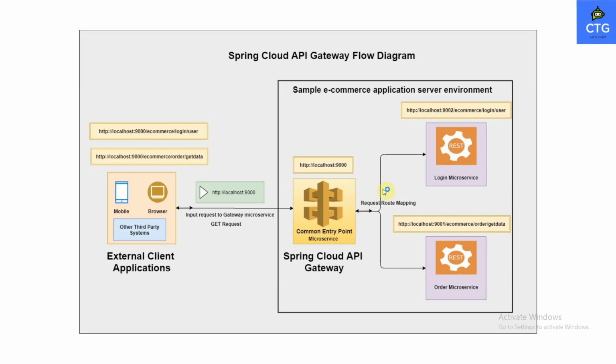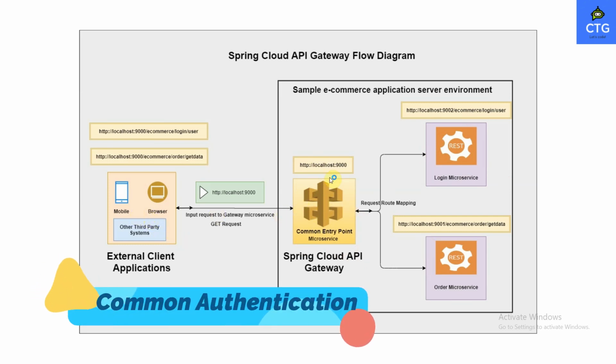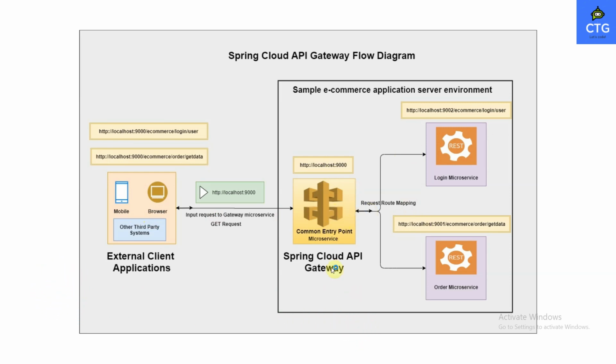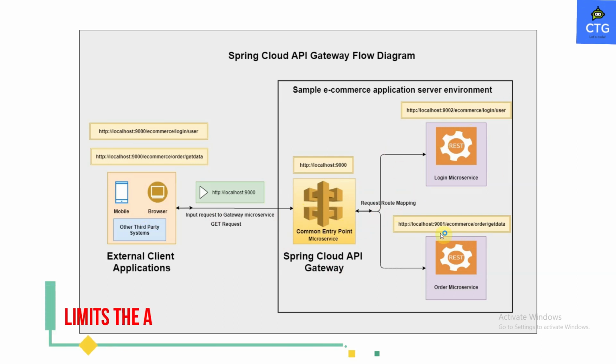For example, as I said, if we need to enable authentication for each and every microservice, we no longer need to do that. We can enable authentication for this API gateway alone. Once a request comes from any external client application to this API gateway, it will do authentication. If authentication is true, it will navigate the request to the respective microservice. If authentication is false, it will reject that request right here. That is one of the advantages. The second advantage, as I said, is that we need not expose each and every microservice endpoint directly to the external applications.